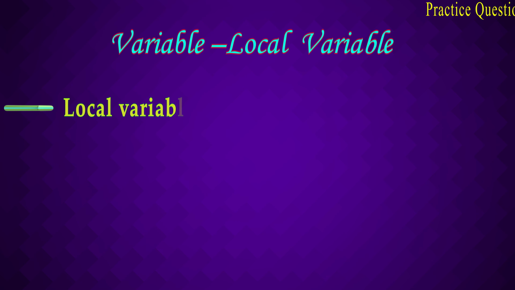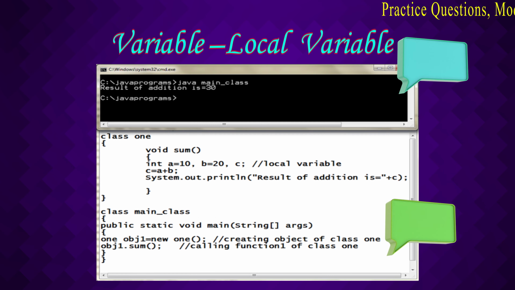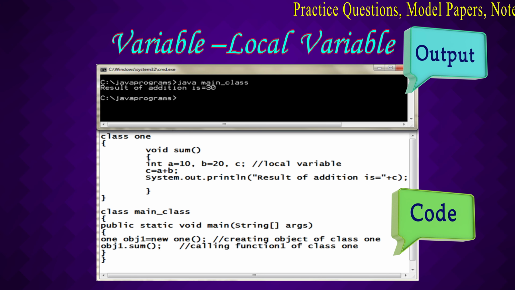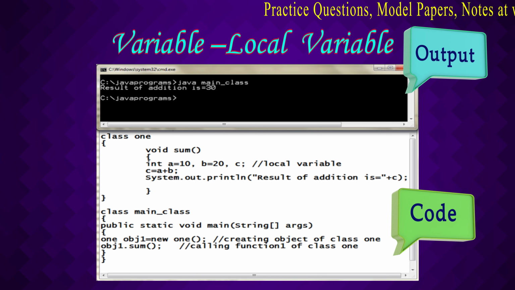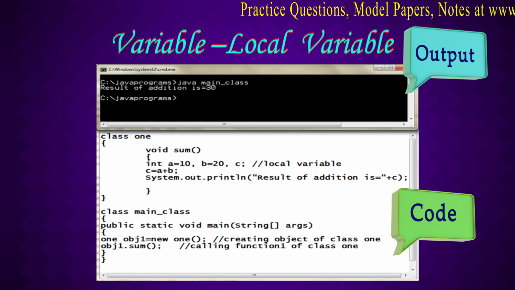So next we are having local variables. Local variables are really very meaningful and a required thing in Java programming. Like in the example we can see we are having three local variables, A, B and C. We have assigned values to the A and B variables, but C is empty. It will hold the addition of A and B. Then we just want to print the value after addition, that is 30, 10 plus 20. The value 30 must be printed in the C variable.